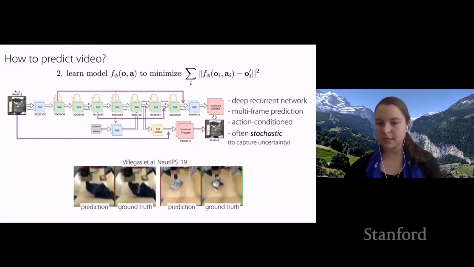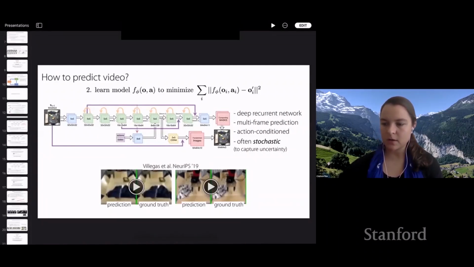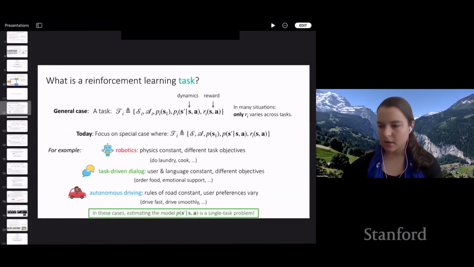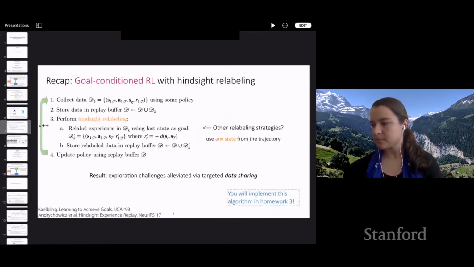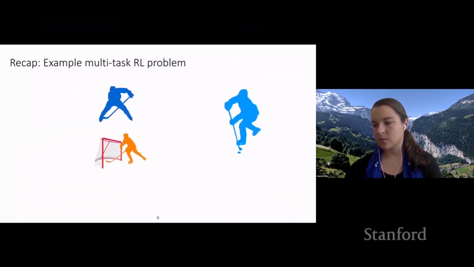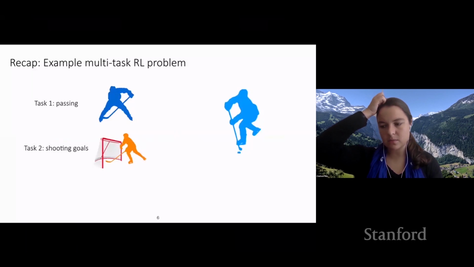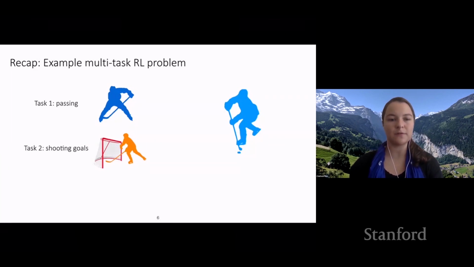Great. And then asking at the chat, explaining why hindsight experience replay works well. So let's go back to the beginning here. And actually, I like using this example. One of the reasons why it works well, or the intuition, is that if you have a lot of different tasks that you want to accomplish, a lot of different goals that you want to figure out how to reach,